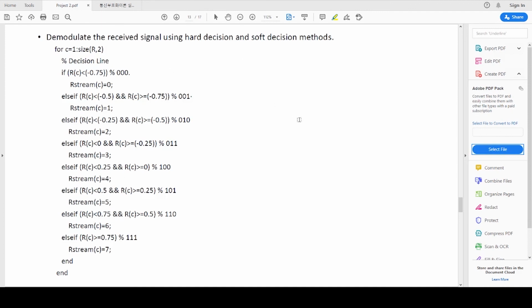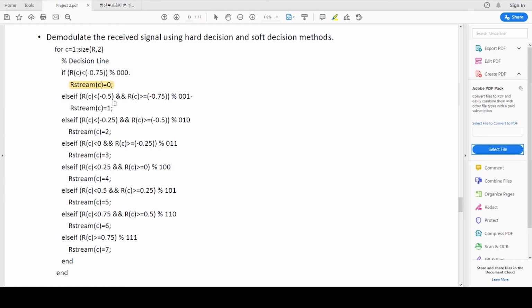Now you have the received signal. You need to demodulate it again using the BPSK soft decision method. So in here, if the value is less than 0.75, your stream equals 0, because in your table it has been given.